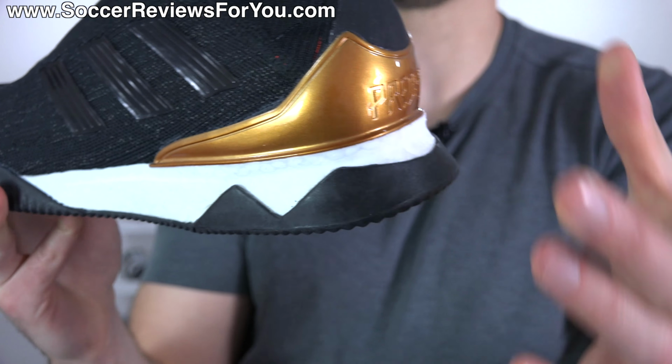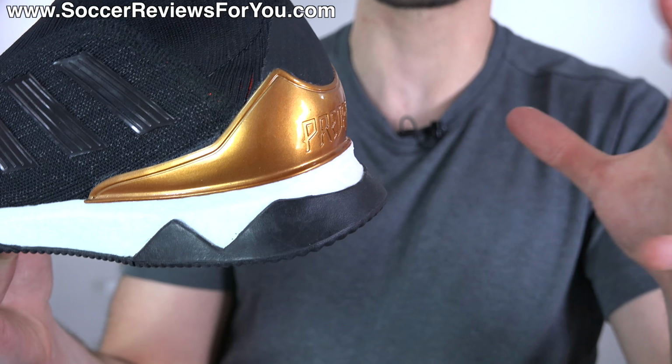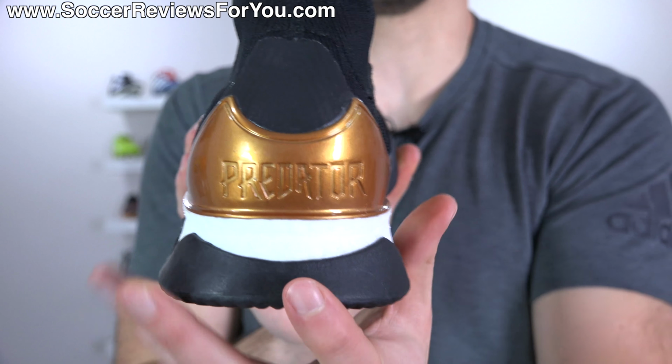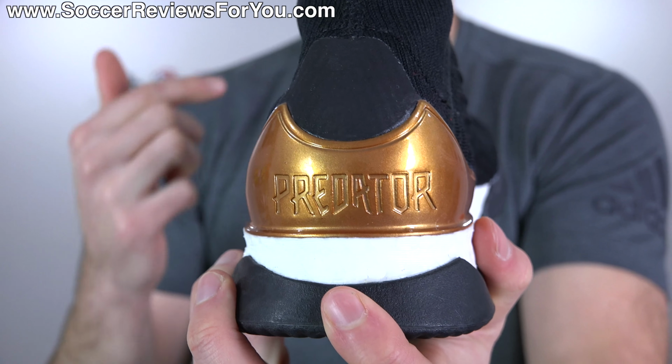And it's a much bigger heel counter as well, which I actually would have loved to have seen on the real soccer cleat. They just included a smaller one for whatever reason, probably for the sake of just being less bulky, but this is more so for looks than anything. And then it's got the Predator logo right there embossed at the back,